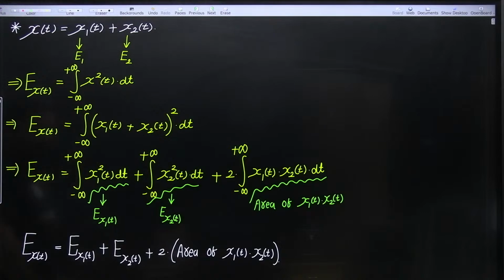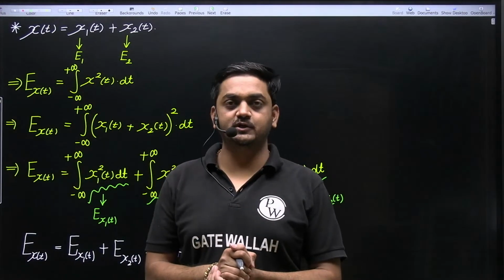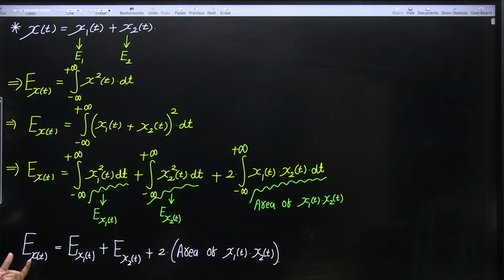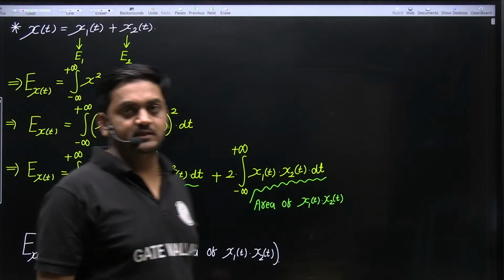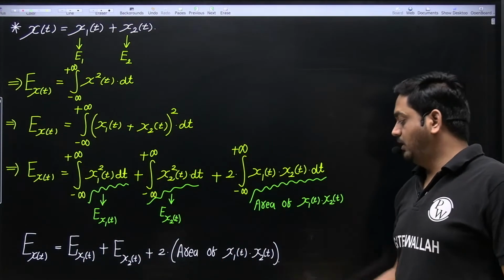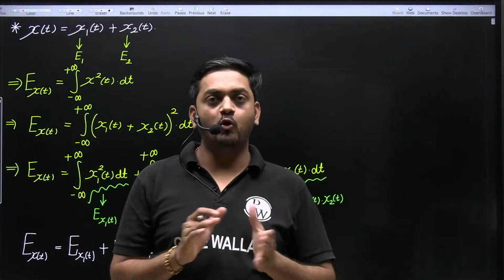And if this multiplication of x1 and x2 is 0, then simply we can say the total energy will be the sum of the individual energies, guys. Okay, so if the multiplication is 0, and the multiplication will be 0 only when there is no common area between